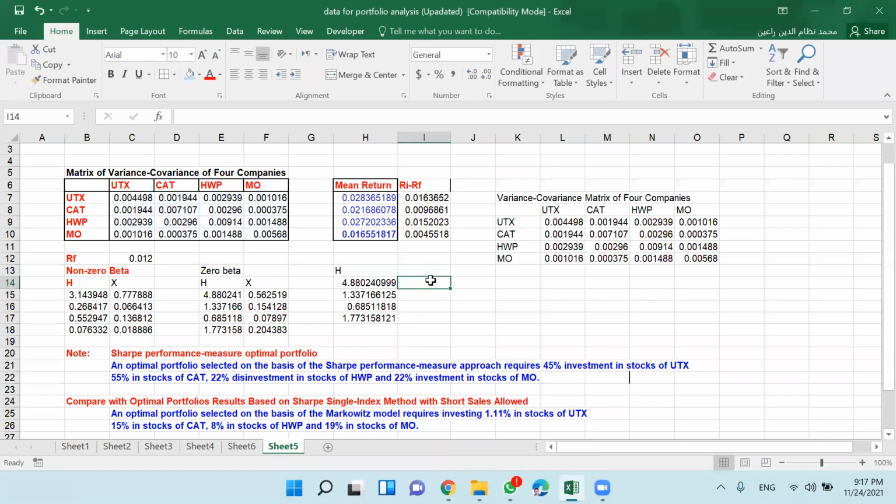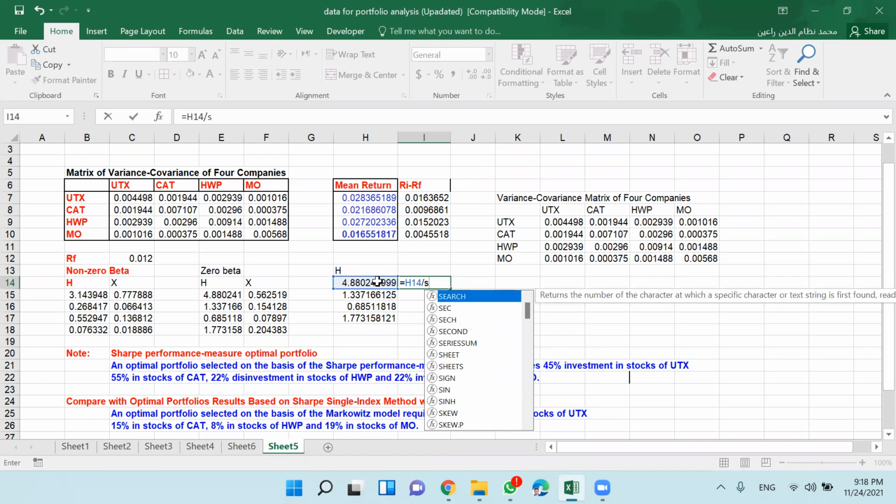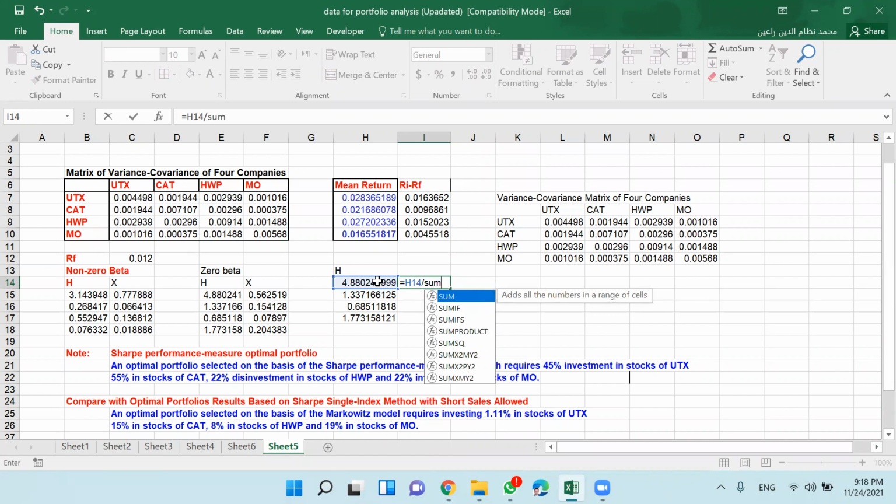So now what you do is you may select, or no need to select, but you have to divide each value by the sum of all. Sum of all. You just close this and then use the dollar sign. No need? No need, I think.